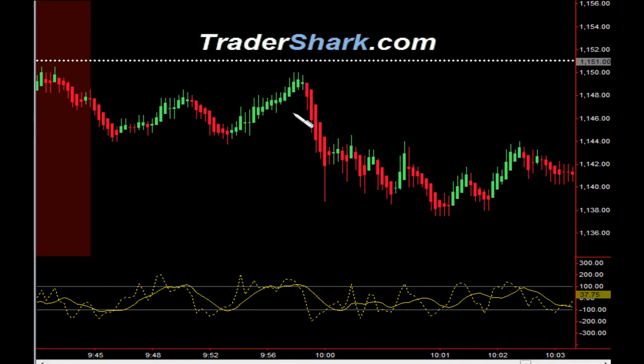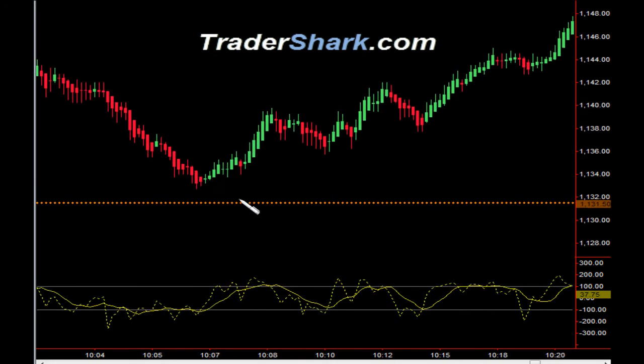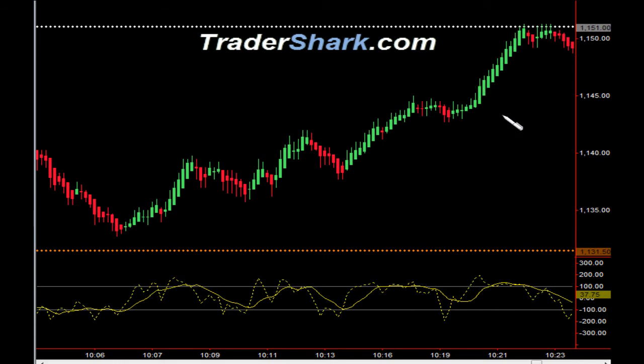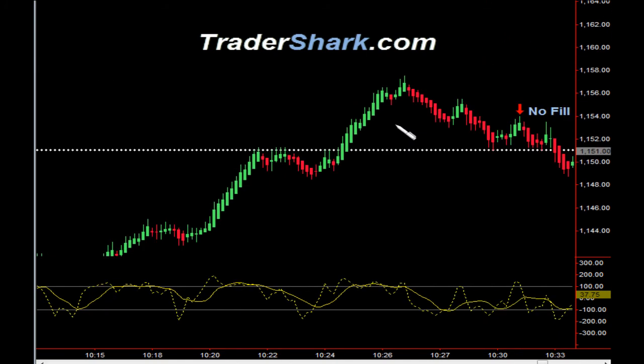However, from this period of time to this period of time was 1 solid minute. The volatility picked up. We wanted to wait for the dust to settle. Whether the trade set up or not, we chose to stay out and sit on the sidelines until the dust settled. The market found support down here at the Globex range low, began a nice gradual bounce to the upside, found resistance at the opening price, but that was short-lived, pulled back, broke through opening price,